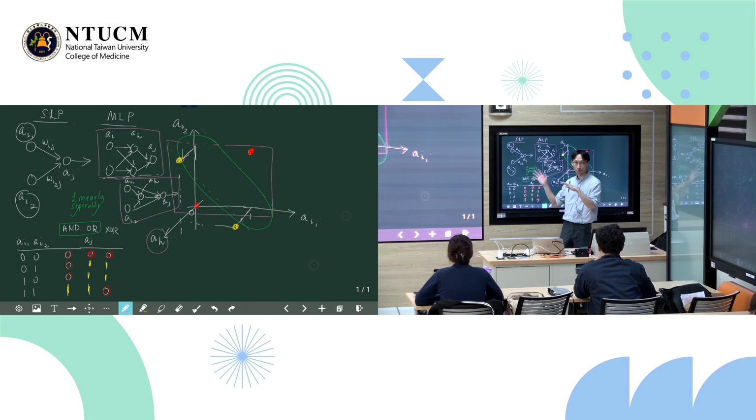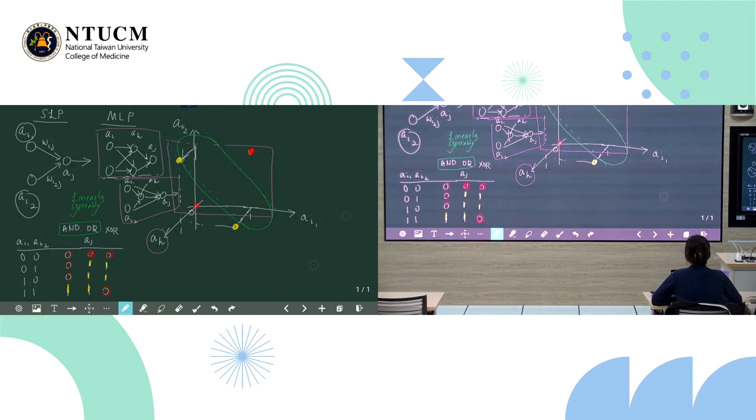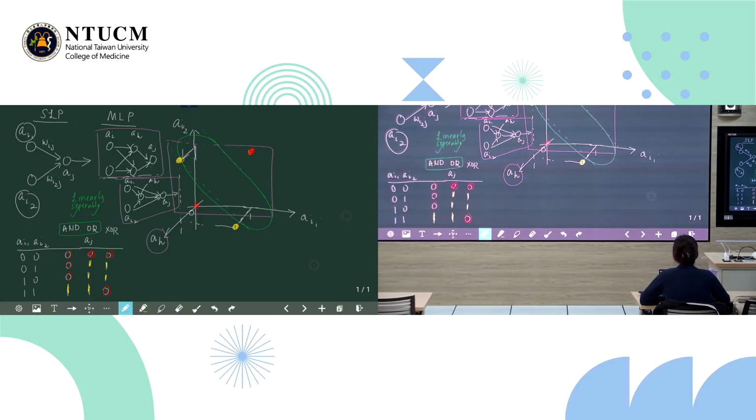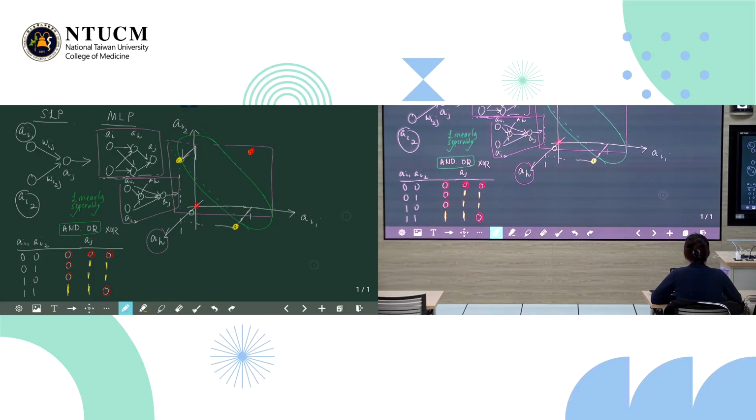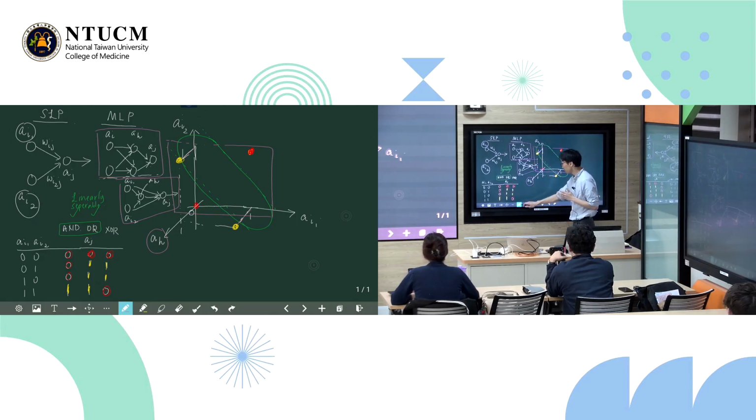Because after this, we're gonna move on with the Hopfield network. Any questions? No? All good? Okay. I have one more thing to talk about, and then we'll go on to the Hopfield network. So with this architecture,